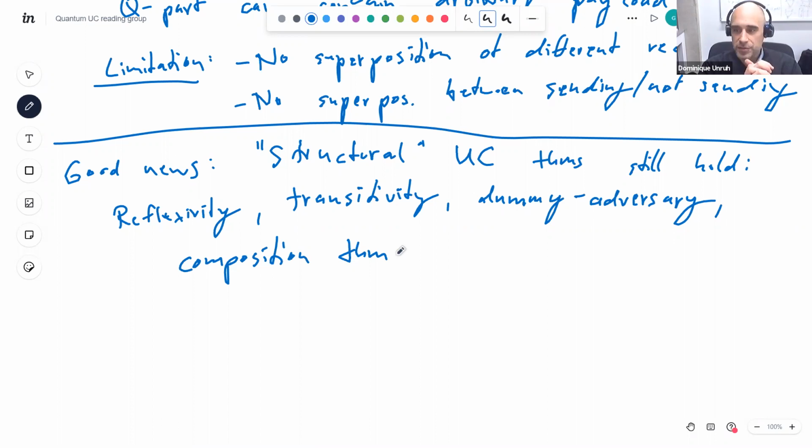But with UC, it turns out you can still do it even without the auxiliary input, because the reason why you need it in the standalone model is to capture an environment, like other protocols and so on. And this is captured by the environment directly. So the composition theorem and so on work whether the environment has an auxiliary input or not. And in the quantum setting, you could similarly say you do it without auxiliary input, with classical auxiliary input, or with quantum auxiliary input.